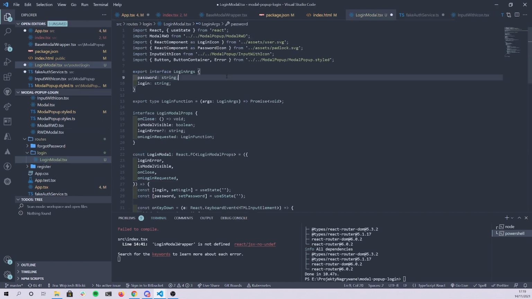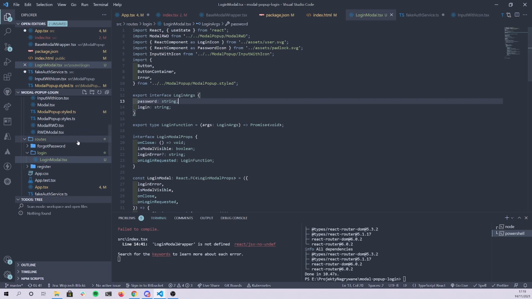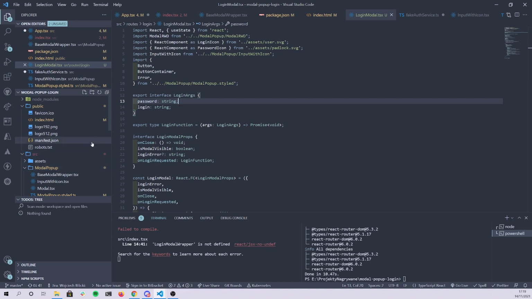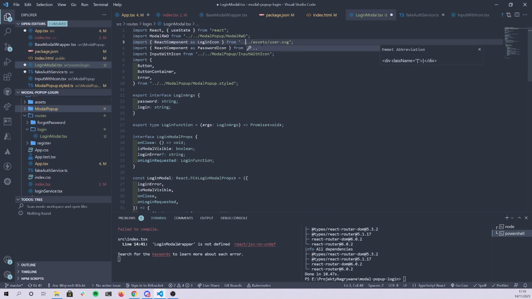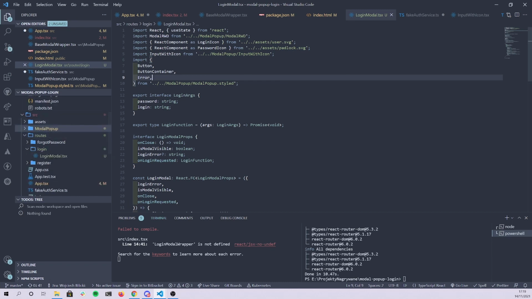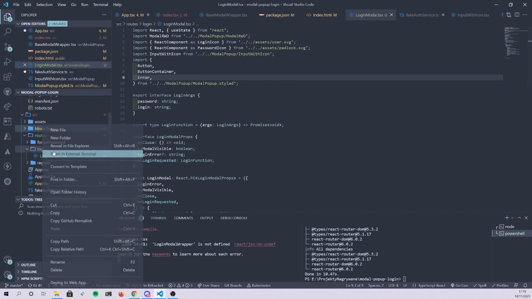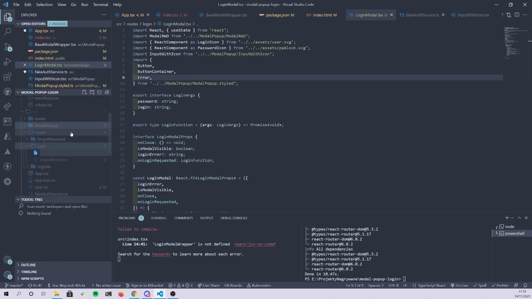Okay, let's hope that I believe we will have to update our paths. That should be that one, and that should be higher. Go two times up. Everything else is fine. I'm gonna create a new component here and call it login modal wrapper